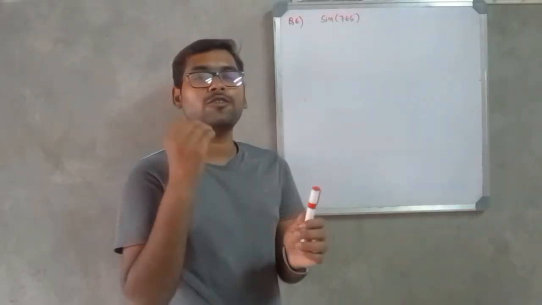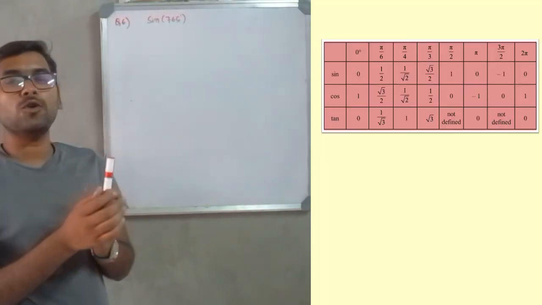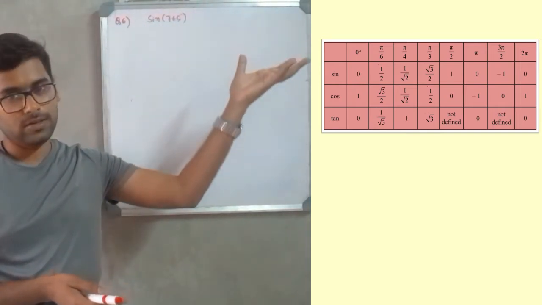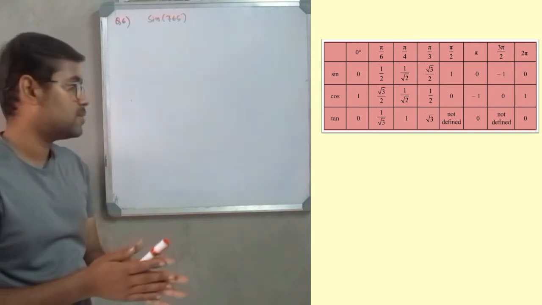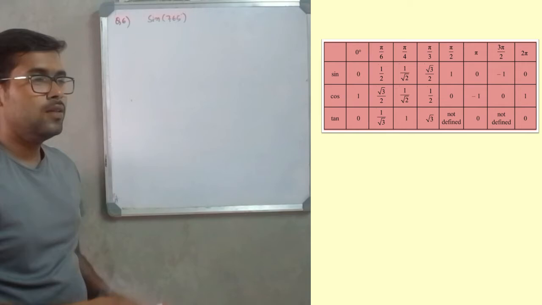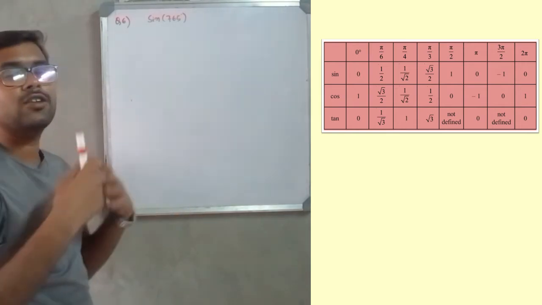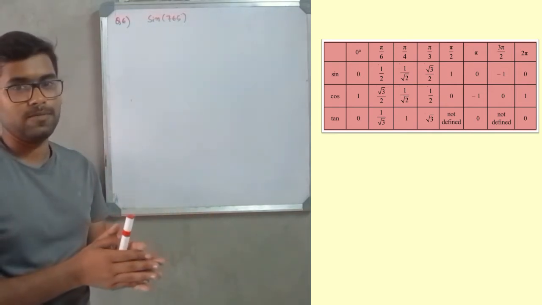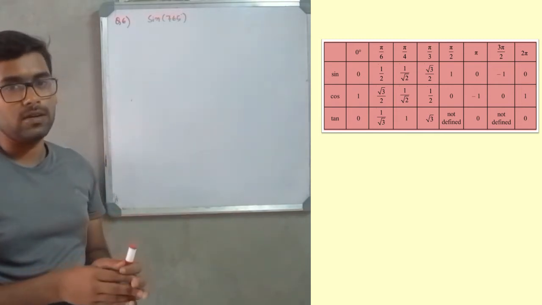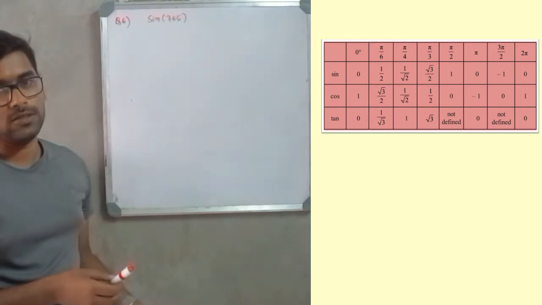Guys, here in this question we need to find the value of function sin 765 degree. Guys, if you remember, we only know the values of all trigonometric functions for some specific values of angles, not for all the values of angles. So then, how do we find the value of sin 765 degree? The answer to this question is periodic nature of trigonometric functions. Guys, all the trigonometric functions are periodic in nature, which means the values of these trigonometric functions repeat after certain interval, and that interval is 2 pi, and that 2 pi is known as the period of these functions.